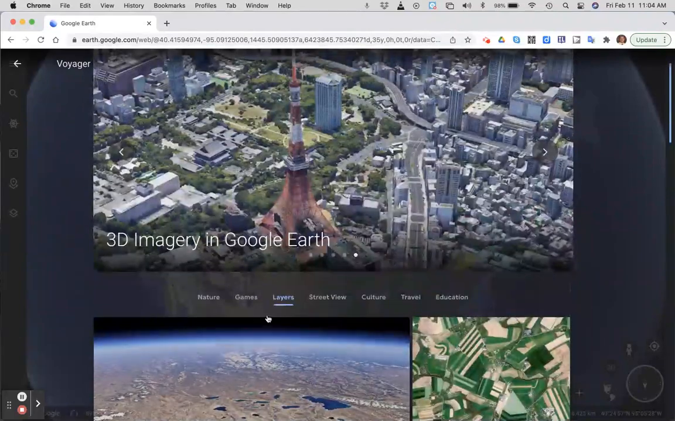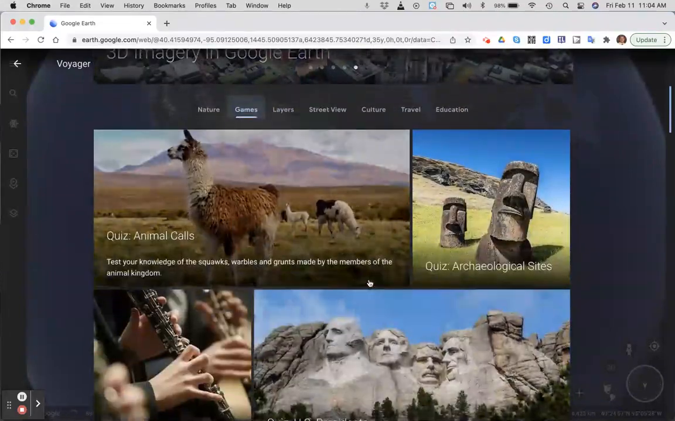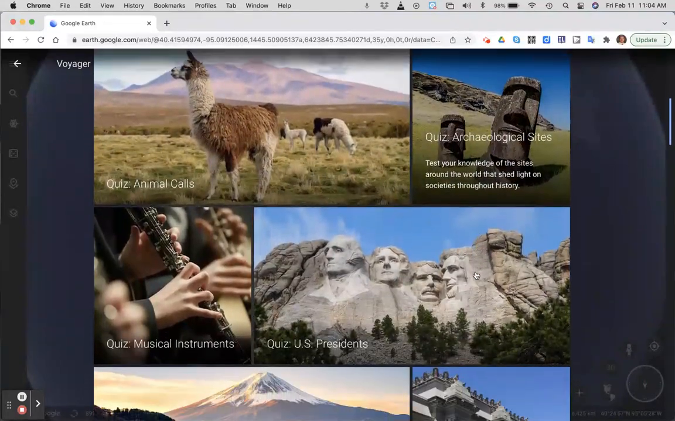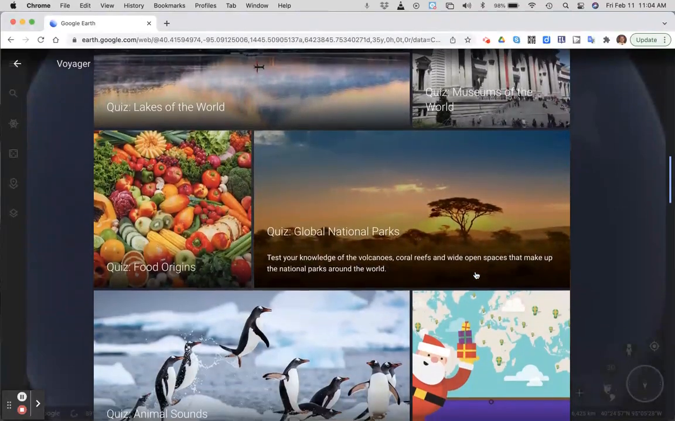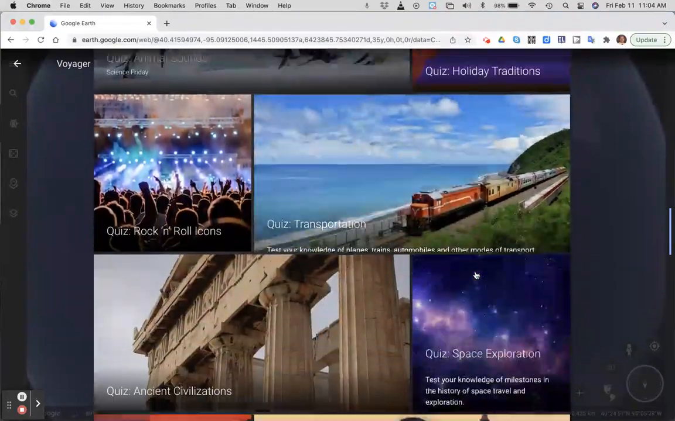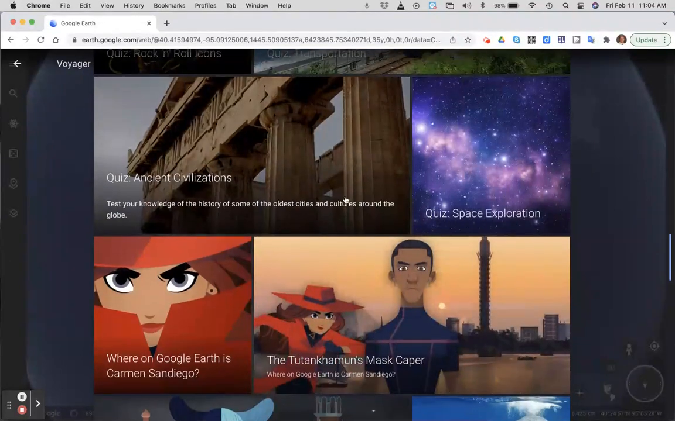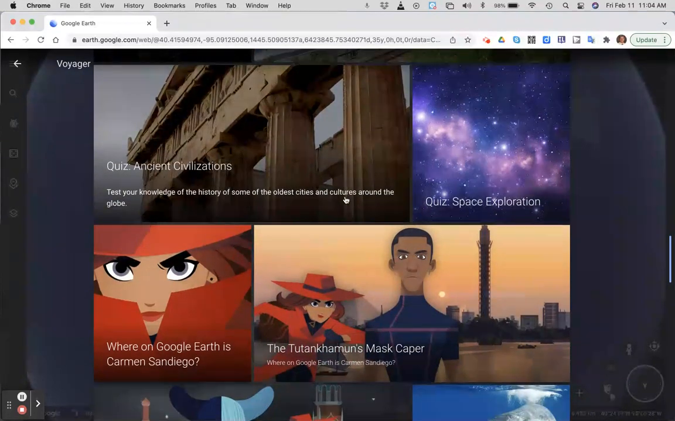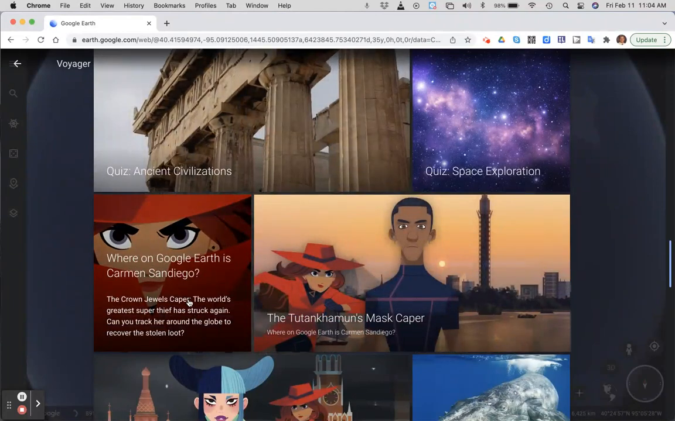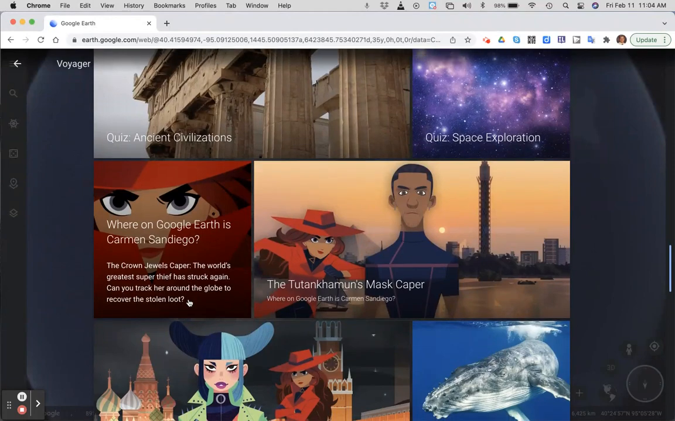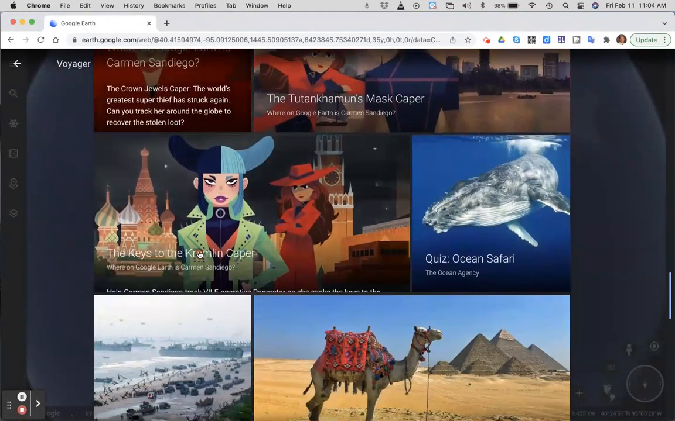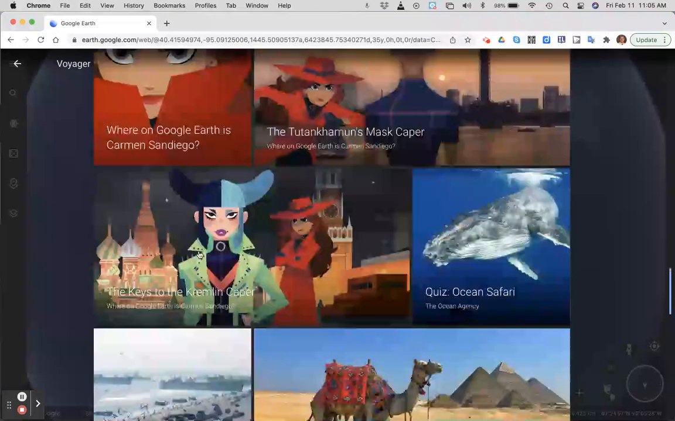And then we have other things if you want to play games. Okay, they have many different quizzes about archaeological sites, animal sounds, presidents, so many things to just test your knowledge. Ancient Civilizations is a really cool one that I've played around with a little bit. Carmen Sandiego used to be a very popular game, probably close to 30 years ago, but nice to see that it's still around. You'll get clues, and then you have to track where Carmen Sandiego is. But many different quizzes here, as you can see,